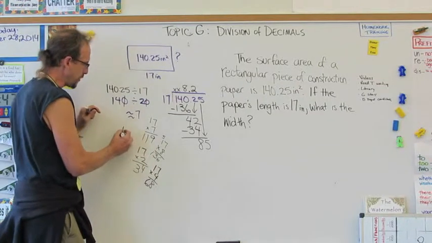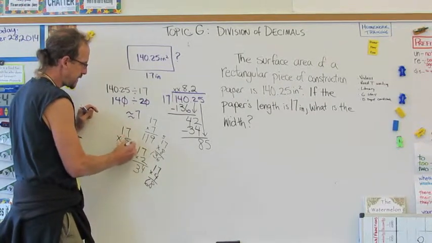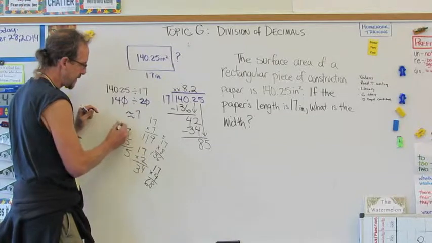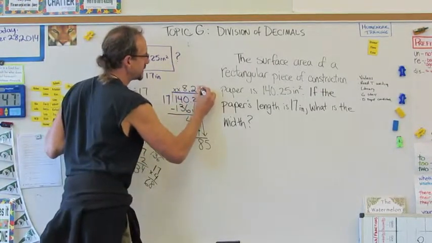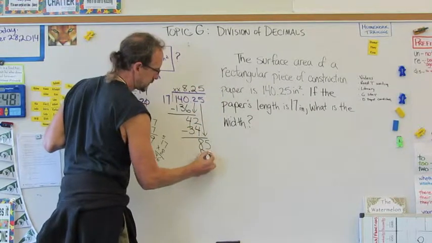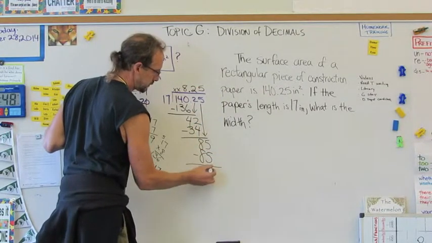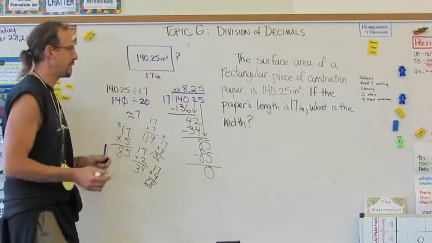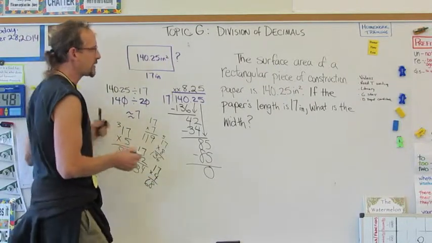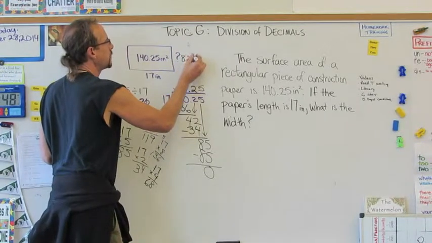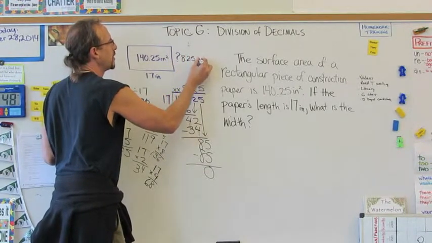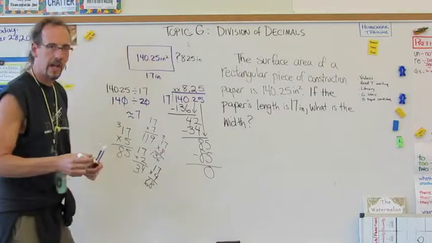I wonder if one more goes in. 17 times 5. Oh, look at that. That's exactly 85. I have nothing left. And so then I would answer my problem. What is the width? It is 8 and 25/100 inches. We have to label our